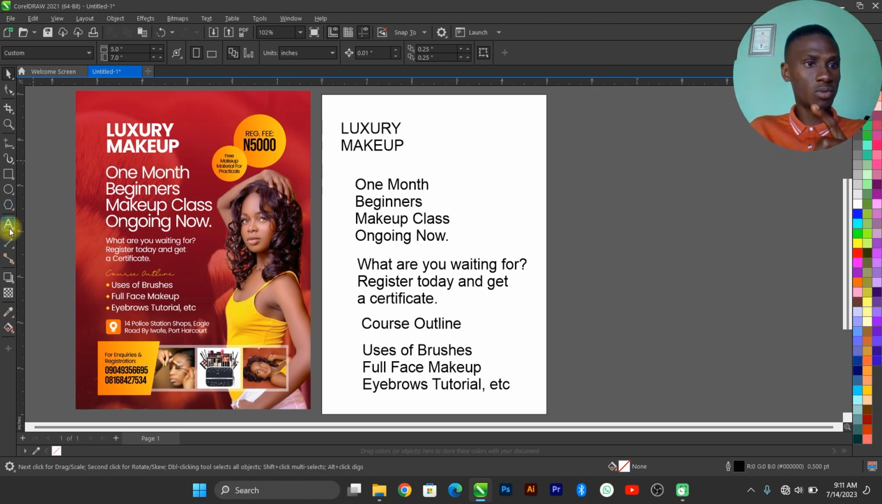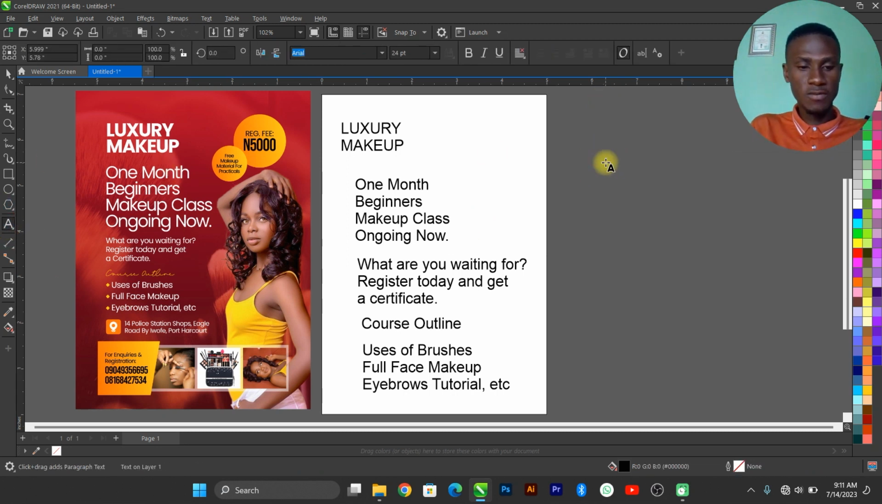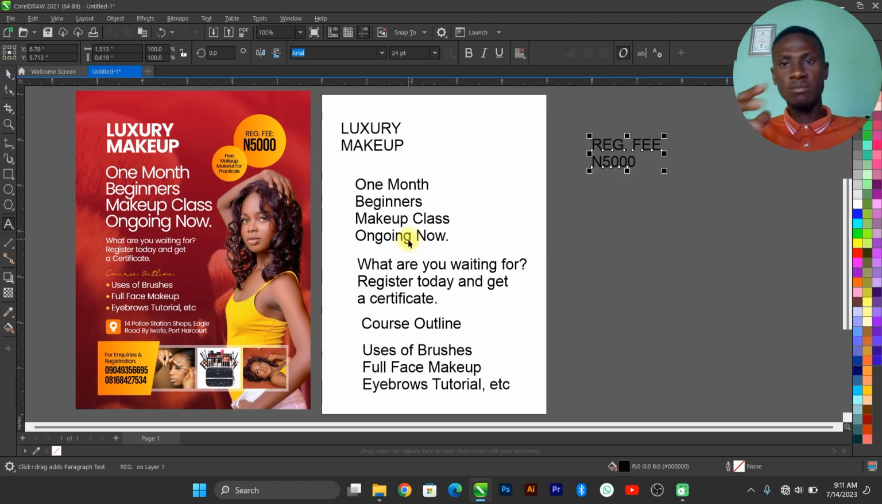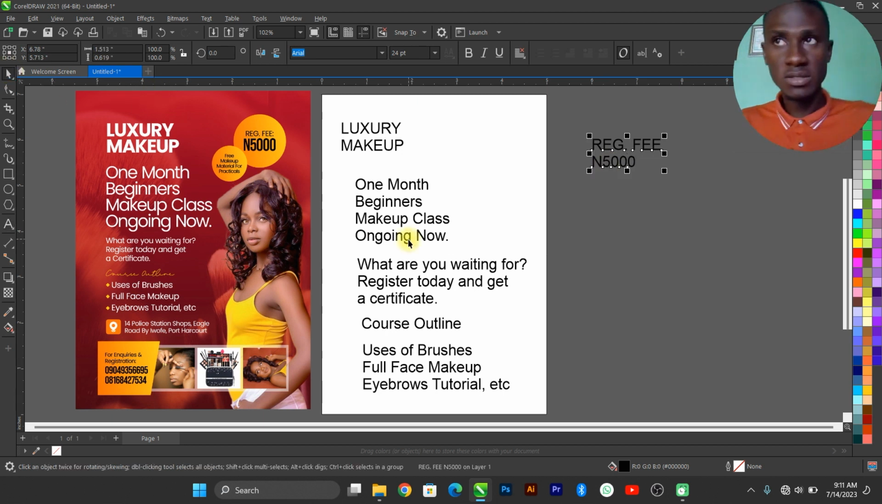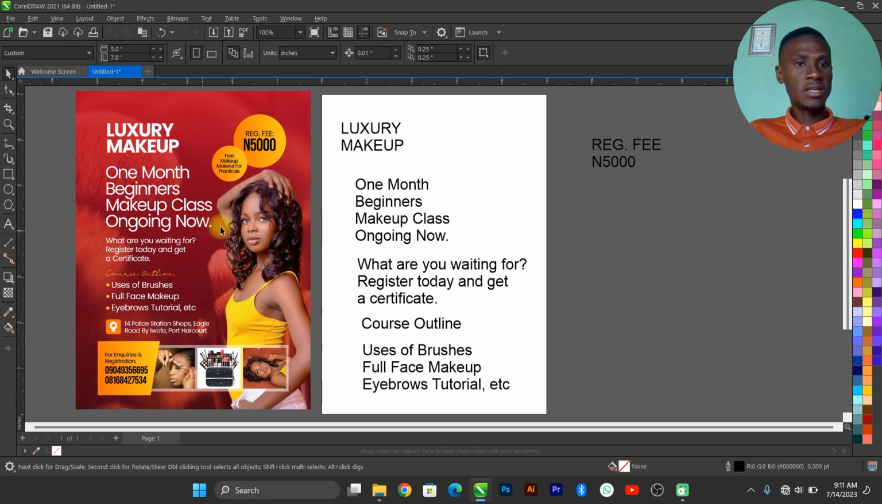Then the other thing we can have there is the fee, which is reg fee 5,000. If you observe, this reg fee, using the law of proximity, was grouped in a specific place so that it will be visible. So whoever sees this flyer will just see that, okay, the training is done at a particular fee. Okay, now let's begin